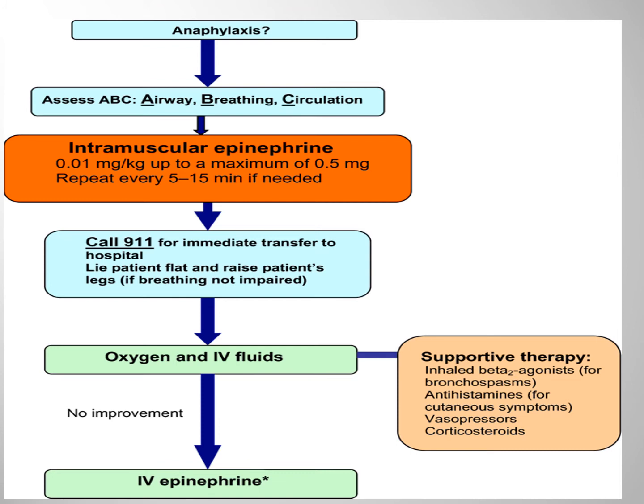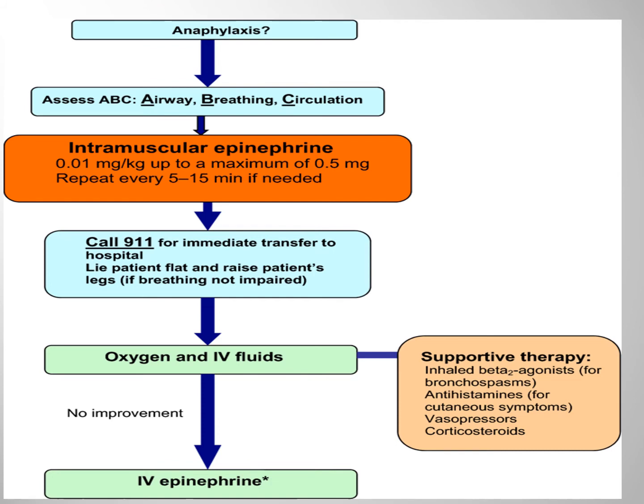And we range anywhere from 0.3 to 0.5 milligrams of epinephrine per dose. So I would ignore that calculation based on kilograms. That's more for children. So in adults, it's 0.3 to 0.5, and it can be repeated every 5 to 15